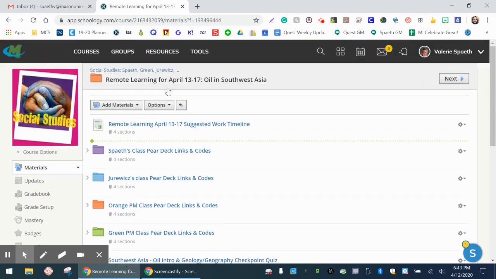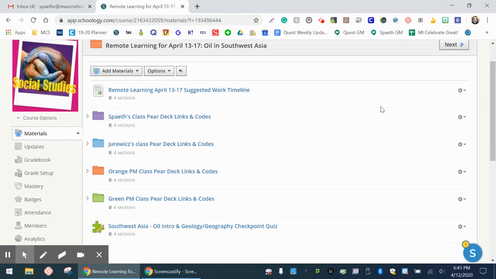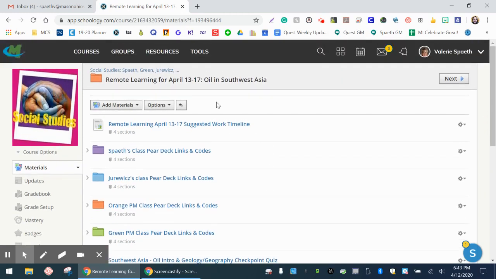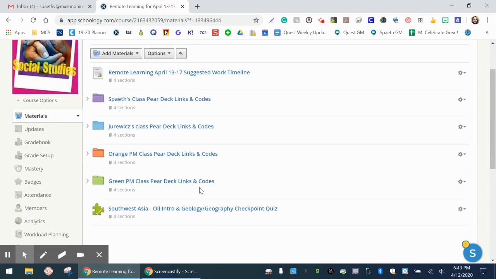I will also be available for my Comet Connect times on Wednesday and Thursday at 10 a.m. I didn't have the extension ready right now because honestly, I didn't want people doing this and jumping ahead. But the extension for this week is I'm going to create a Gimkit based off of this information here. And that is going to be a Gimkit that I will continue to build on with the learning that we do next week. So as soon as I have that Gimkit done, I'm hoping to have that done by Wednesday. I'm going to post that here at the bottom of the folder for additional learning and just extra fun practice.